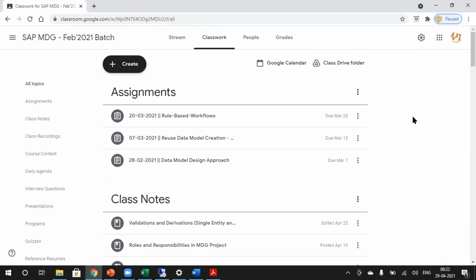If we also know the back-end core domain configurations, reference data configuration of the module or BP, whatever it is, and how to do the SPRO configurations of those, then only we can consider that guy a pure MDG functional consultant. And if he knows the technical aspects also, coding and all, then MDG techno functional. But in this course, we will be covering all the MDG relevant functional areas like configurations and everything.